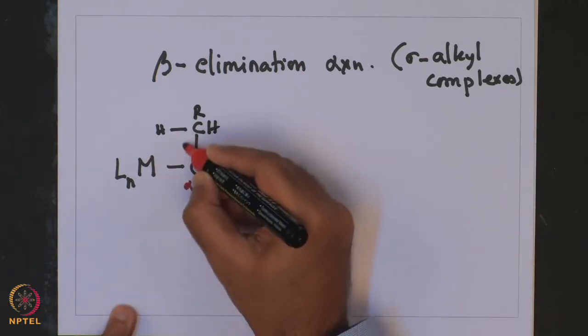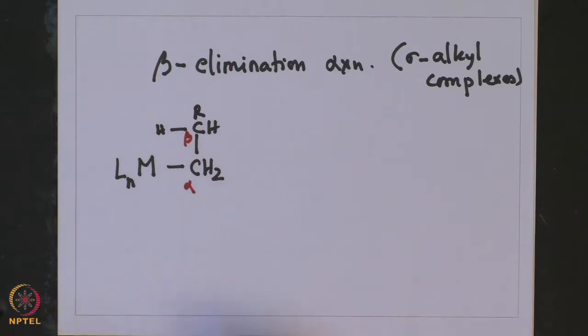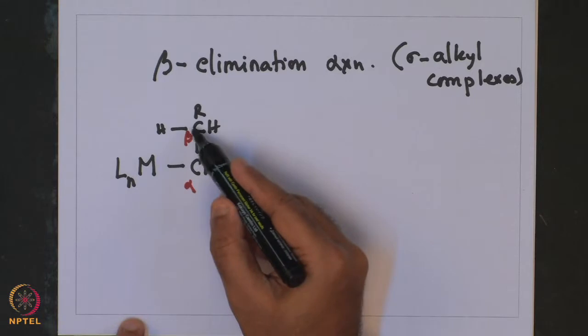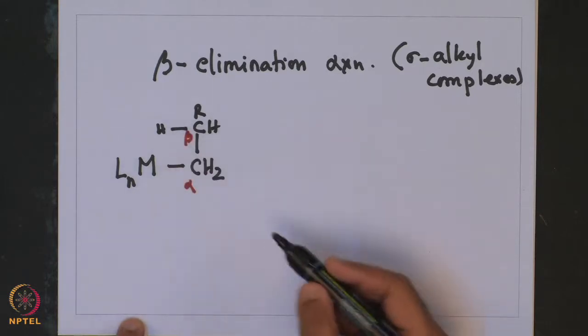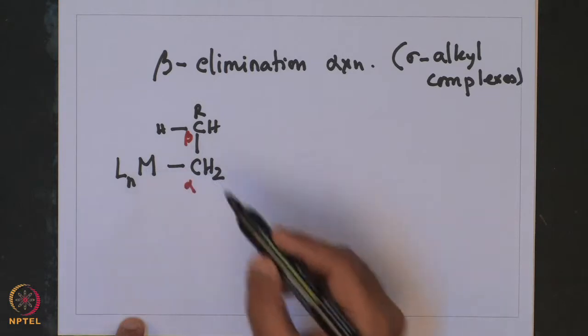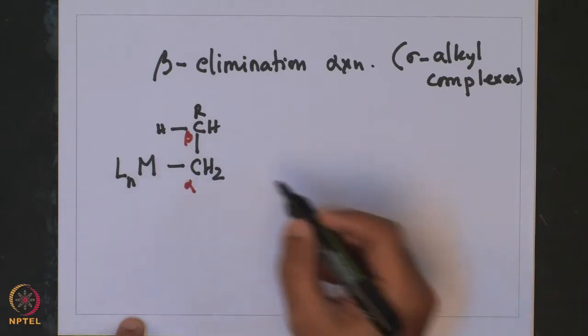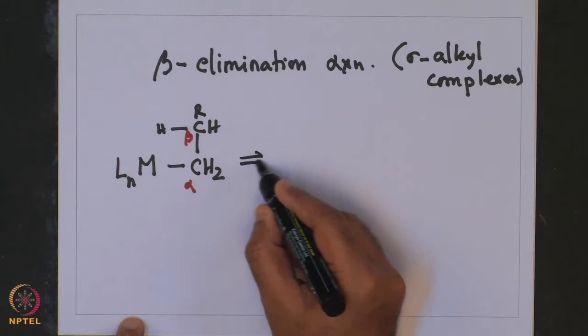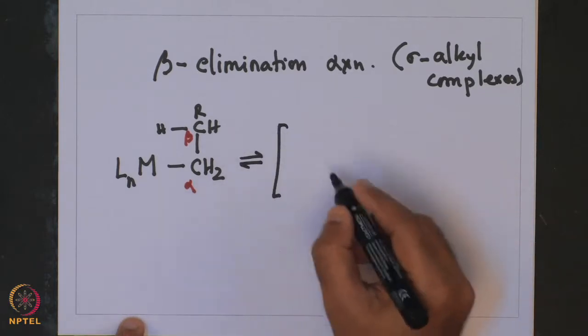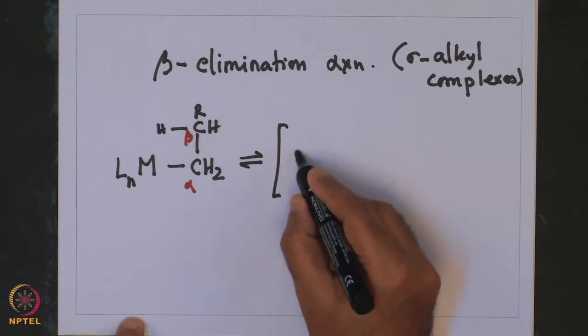This is the alpha carbon, this is the beta carbon. It undergoes an interaction of this carbon-hydrogen sigma bond with a vacant metal d orbital that goes via a 4-member transition state of the one shown here,